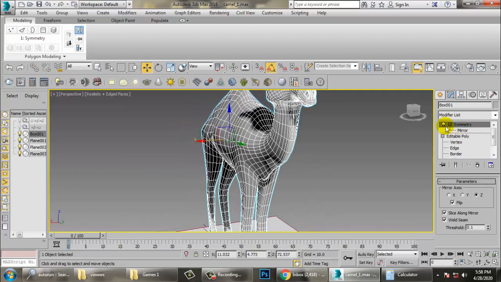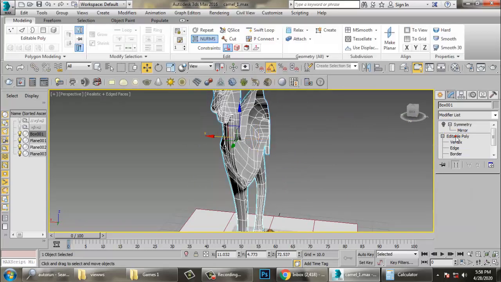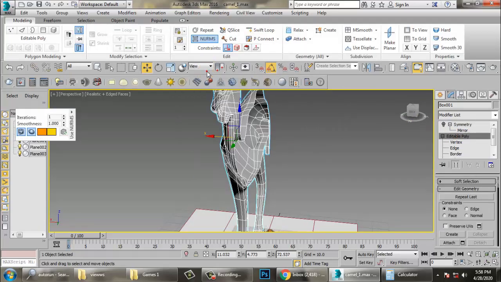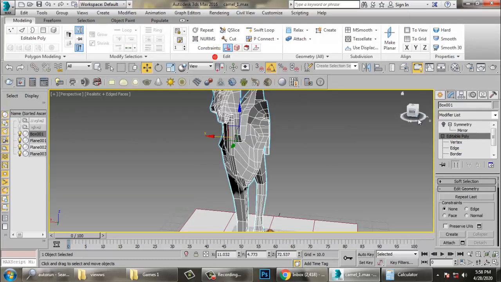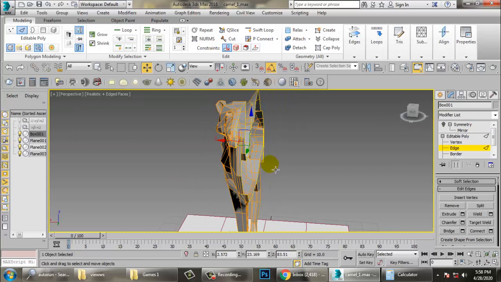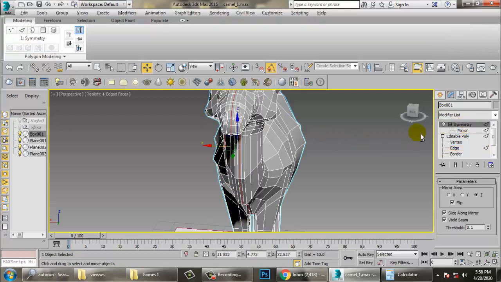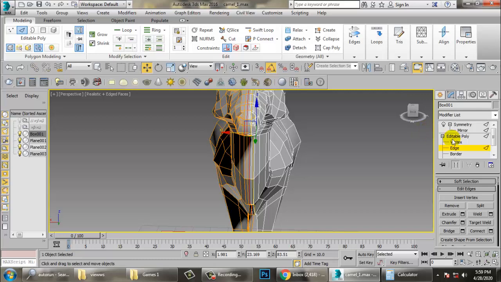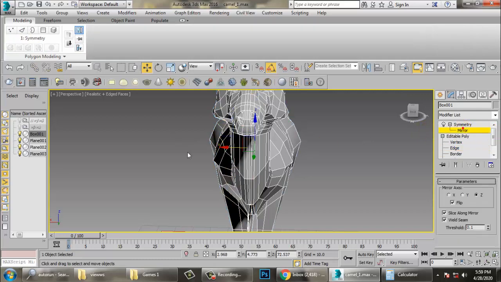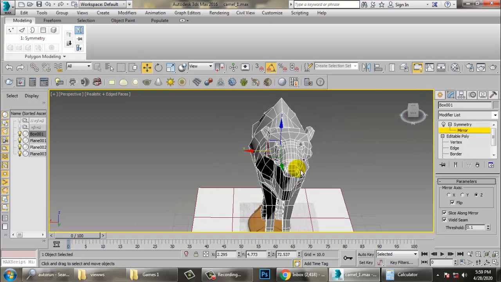So we can just go over here, remove the nurbs toggle, select the edge, scale it and just push it out, and let's use a bit of symmetry in this. Much better.